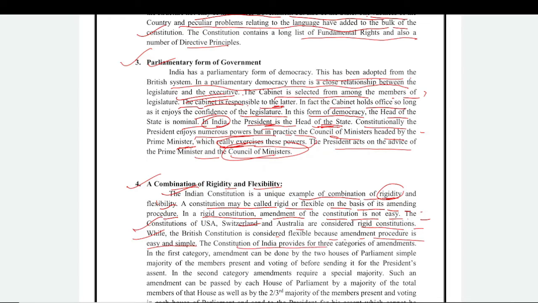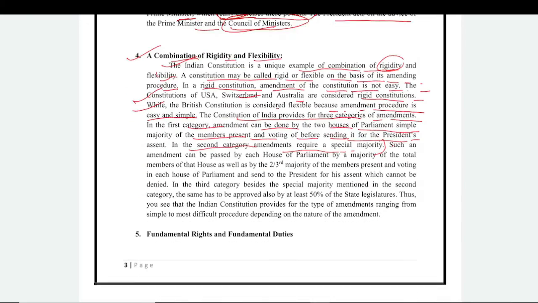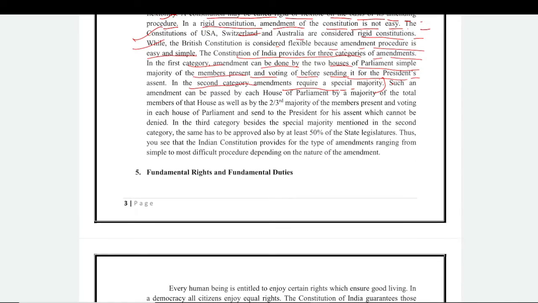The Constitution of India provides three categories of amendment. In the first category, an amendment is done by the two houses of Parliament by a simple majority of the members present and voting, before sending it to the President for assent. In the second category, the amendment requires a special majority, such as an amendment that can be passed by each house of Parliament by a majority of the total members of the house as well as a two-thirds majority of the members present and voting in each house, and sent to the President for his assent,